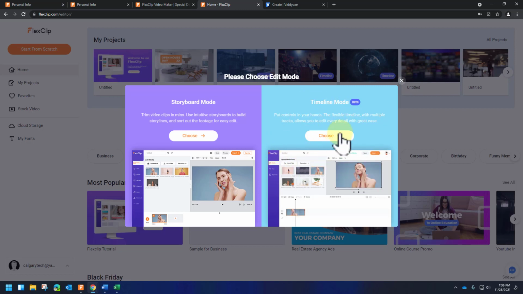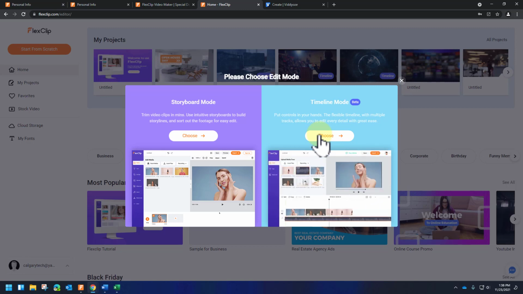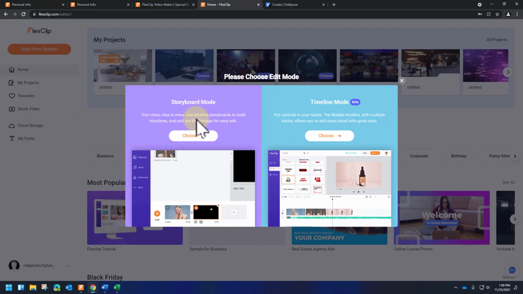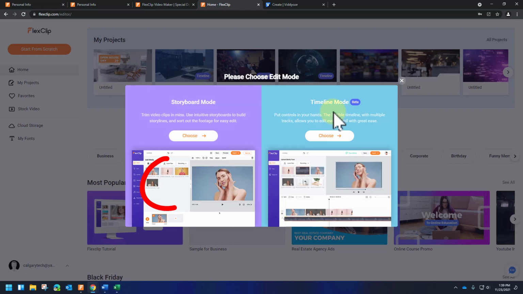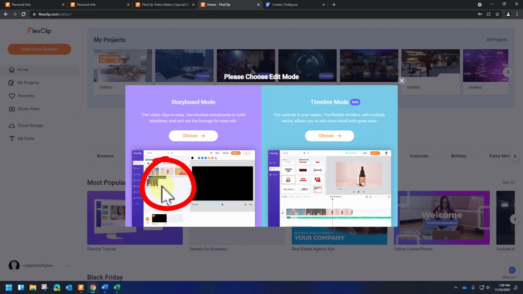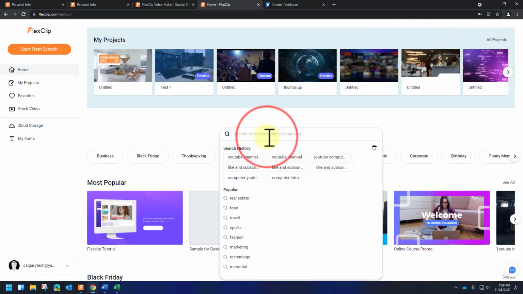Timeline mode is the one that I like. It's the one that's much more flexible, much more professional, and almost competes with products like PowerDirector and Camtasia. However, the way that they have you do it currently is you click start from scratch like we've done, and then click storyboard mode. And then you have a small window, as you can see here, to choose the template from. I don't like to do that, so I'm going to close this,